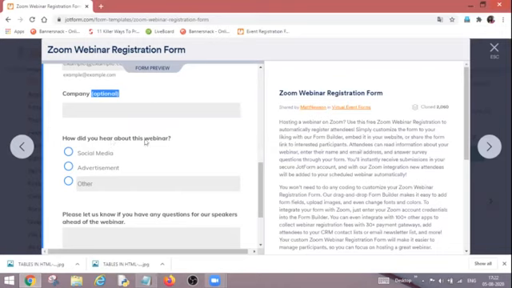The next field is how did you hear about this webinar? These options are available in circles, and these circle formats are known as radio buttons. So what does it mean? Once I click on any option, the rest of the options will be deselected. Once I click on social media, as you have observed, earlier I selected advertisement, but now I selected social media, so my previously selected element got deselected automatically. This is the feature of the radio element.